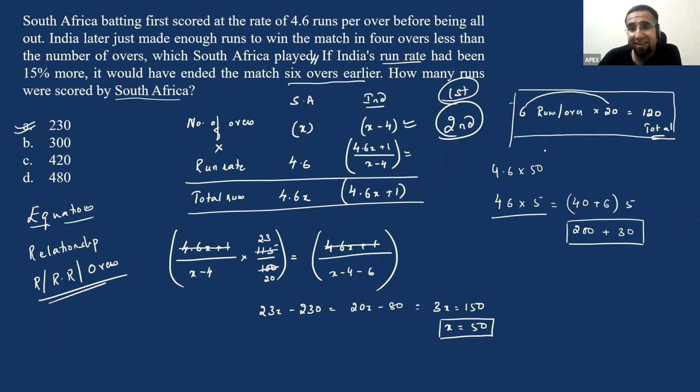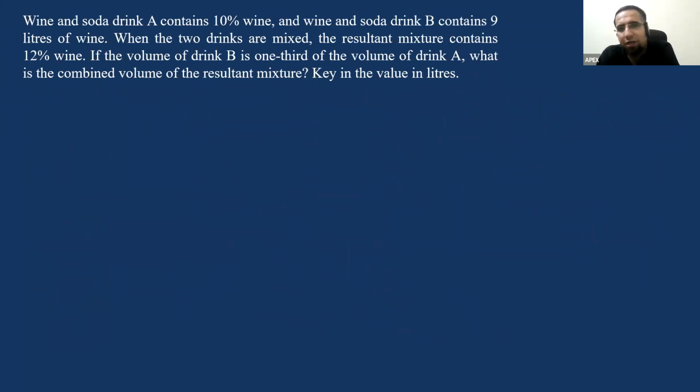But yes, having said that, if you understand the relationship between run rates and runs and overs, this becomes a first shot question. It's not a difficult one at all. Similarly, if you're comfortable with mixtures, I would definitely consider this to be my first shot question, and then I'll enter into it. Okay. So wine and soda: drink A contains 10% wine, 90% soda, and drink B contains